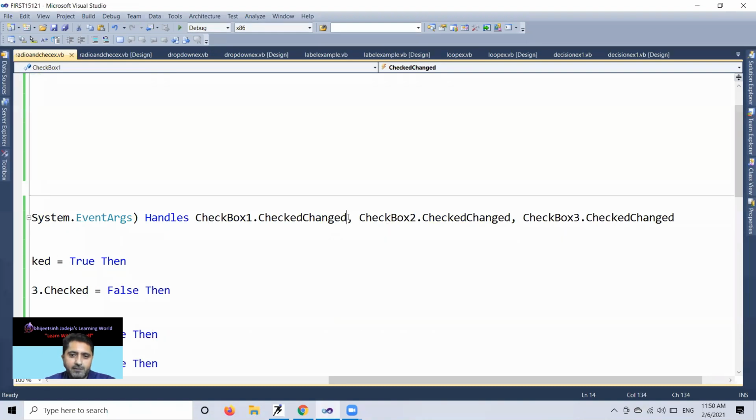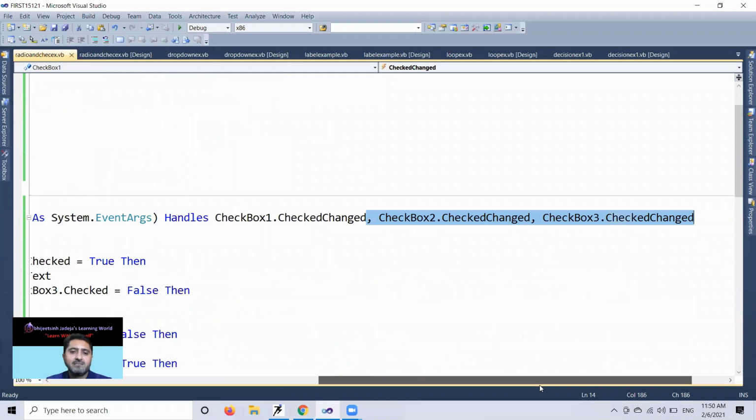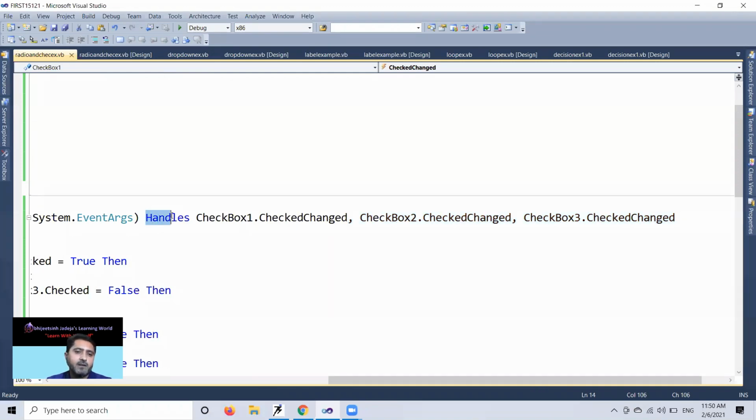If I provide this 2 reference, it will work for checkbox 2 also. It will work for checkbox 3 also. And I do not require buttons click event. In software engineering, you learn user-friendly software. I remove buttons click event, and on the quick response of my checkbox, whatever the checkbox I on and off, it will immediately give me the reference by multiple event reference of checkbox 1 reference provide, checkbox 2 reference provide, checkbox 3 reference provide by handles. This keyword is important in a VB.NET events coding.